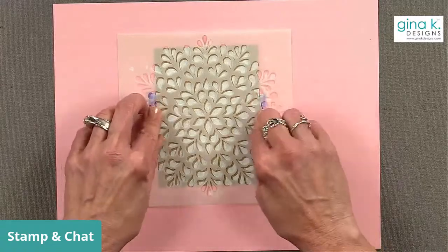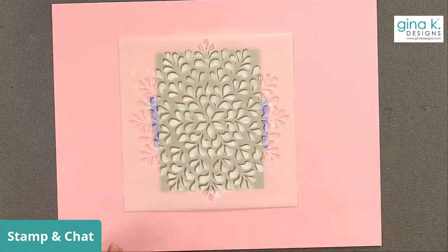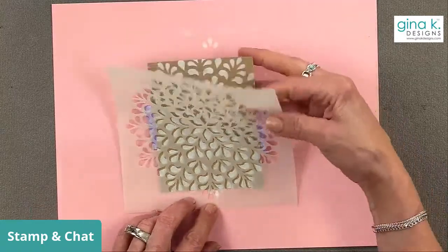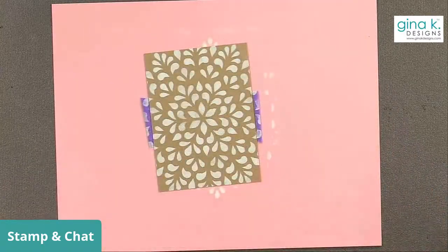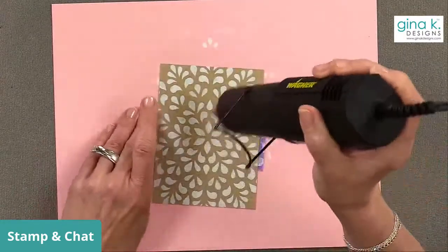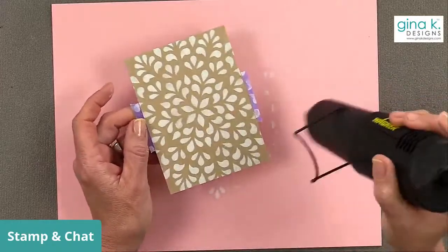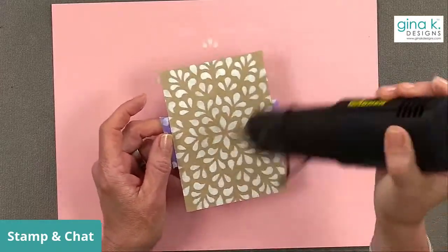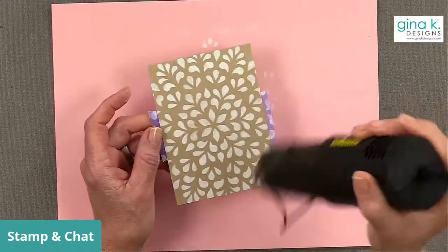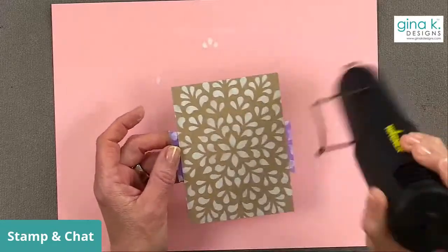So I just placed that back onto the same purple tape. Now, what you're going to want to do is, before you do that with pigment ink, because it takes forever to dry, you can use your heat tool and you can dry it a little bit if you're in a hurry. Otherwise, do a bunch of different stencils in the white pigment ink and just let them dry overnight, and then do the second half during your next crafting session. It doesn't take overnight, but of course, you know,